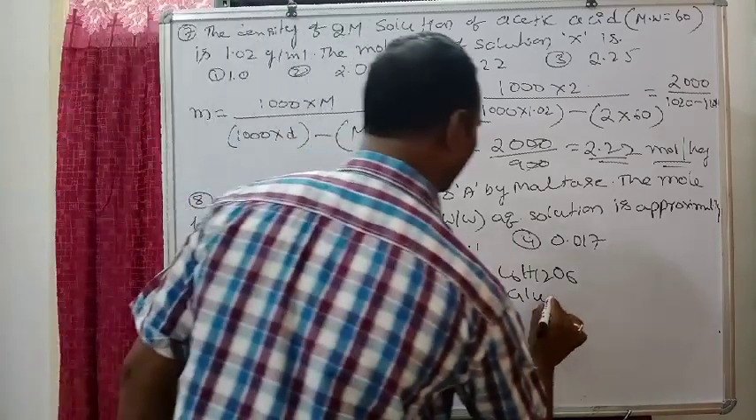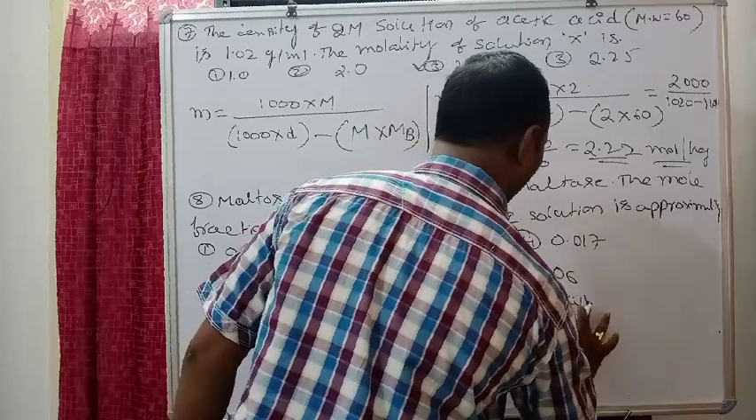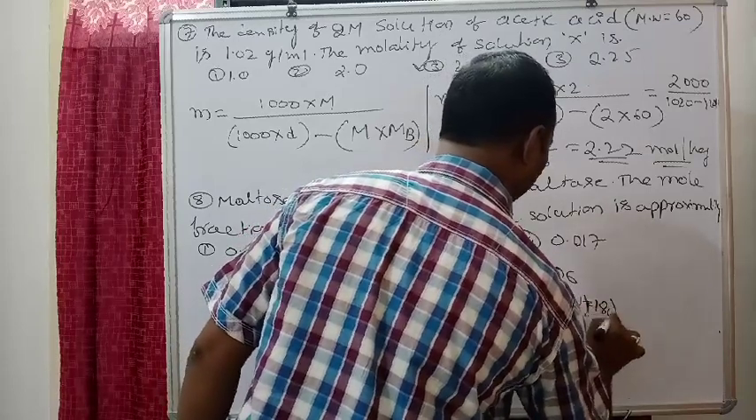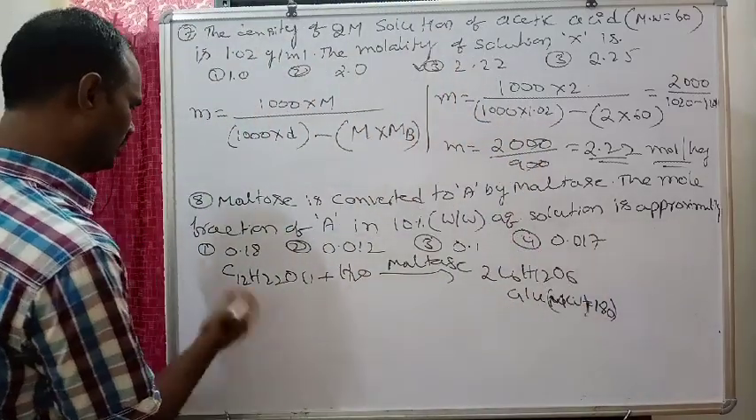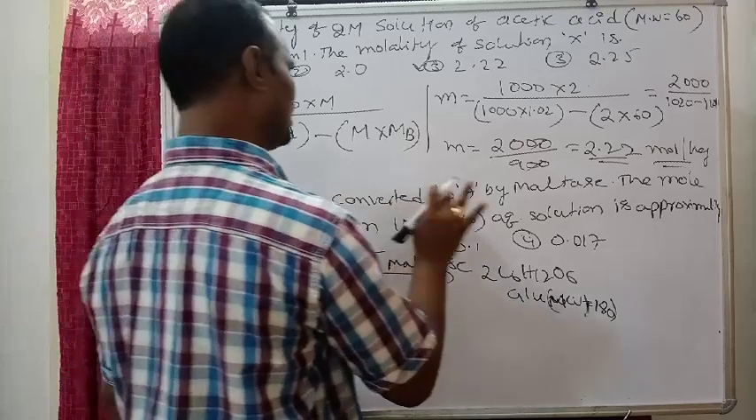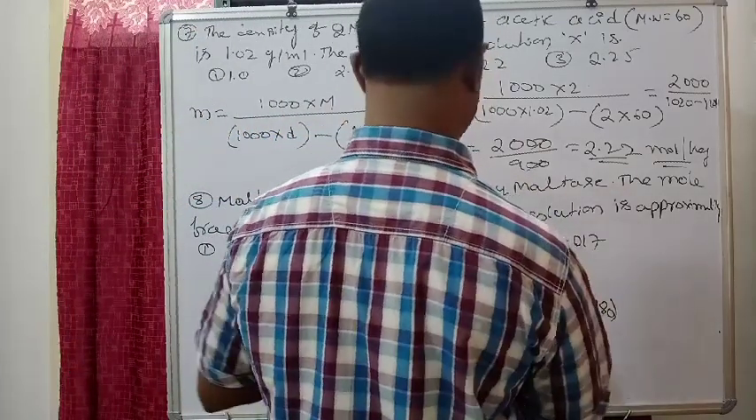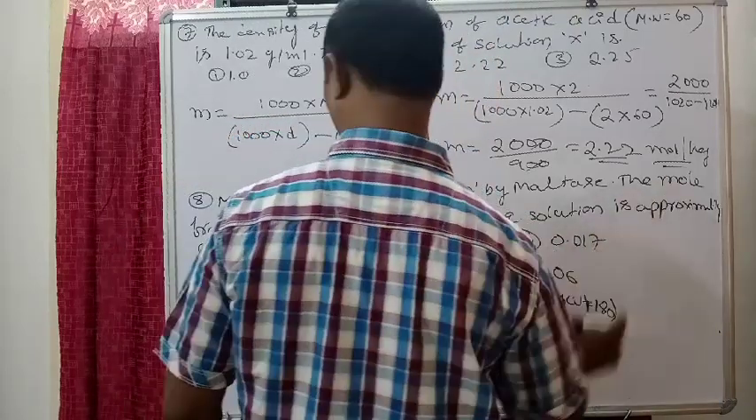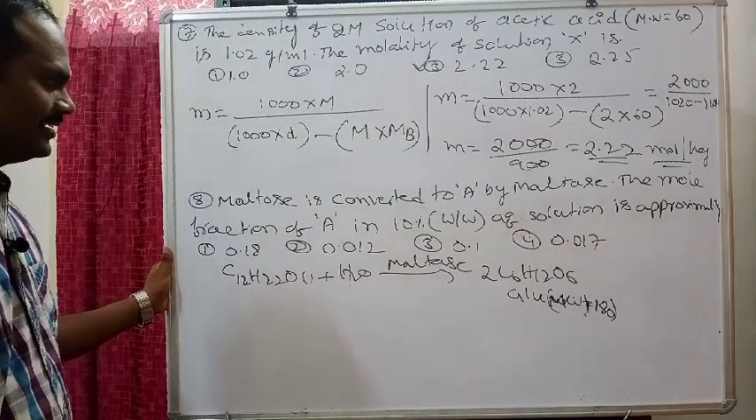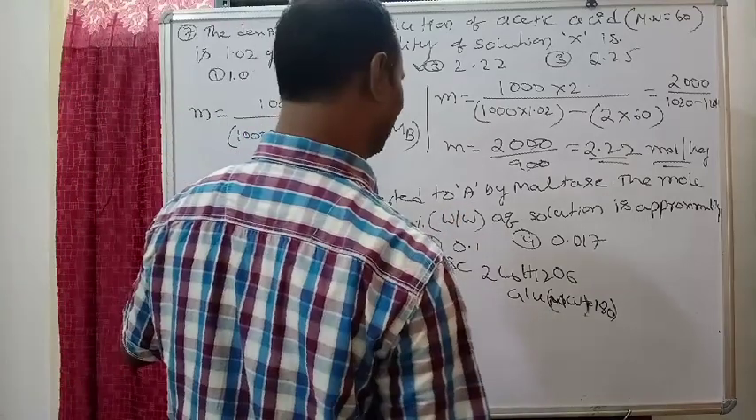Glucose molecular weight: remember, 180. Glucose molecular weight, carefully. Now come to the problem. Maltose is converted to A by maltase. Okay, it is clear. Finally, A is nothing but glucose. The mole fraction of A in 10%